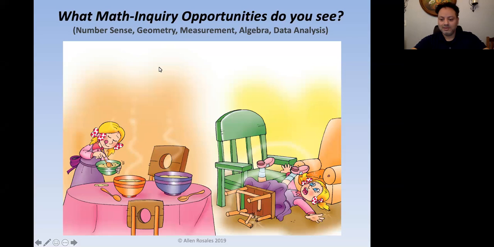All right, another illustration. And if you can tell, I'm taking you step by step through the major events that happened in the book. So on one side, you have Goldilocks, and she's eating the porridge. Naughty little girl, as the author said, actually. But she seems like she's having a good old time. So what are some possible math inquiry opportunities in this one?